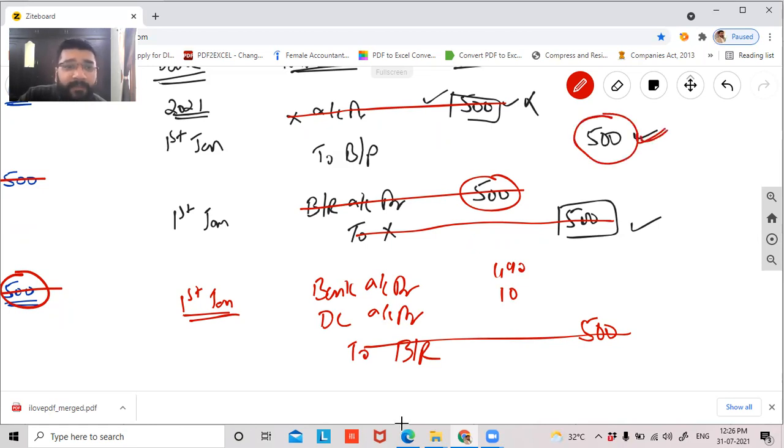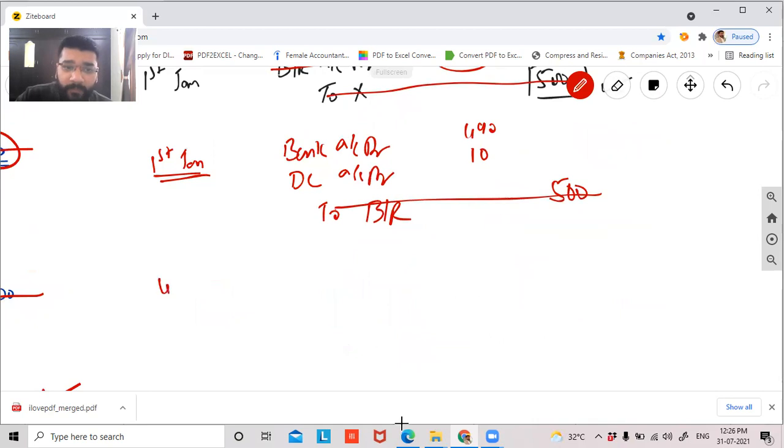Now who will pay this money? Y will pay. It has to come from X, but X will not give money because X has already given 500 worth bills receivable to you. Instead of giving cash as asset, he has given bills receivable as asset. So you already have this 500 rupees. You pay it. So on the due date, that is on 4th of May, what will you do? Bills payable will be settled by giving a debit to bank 500.